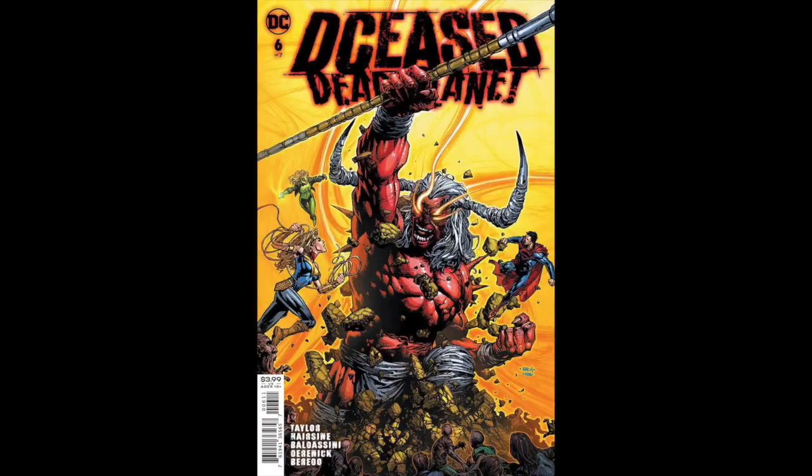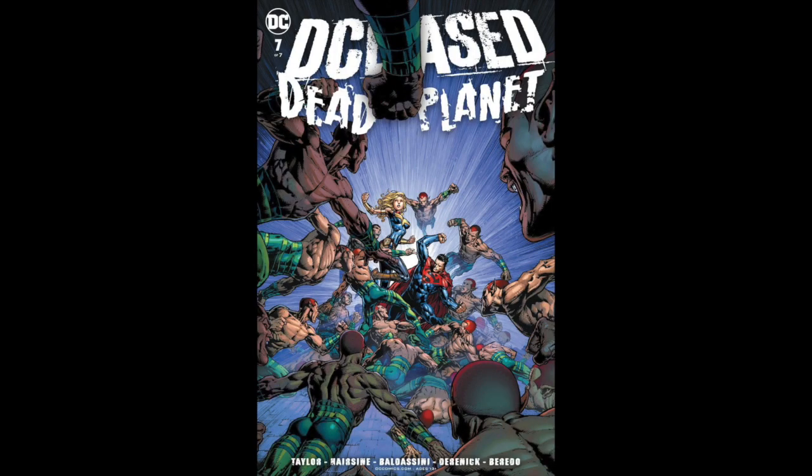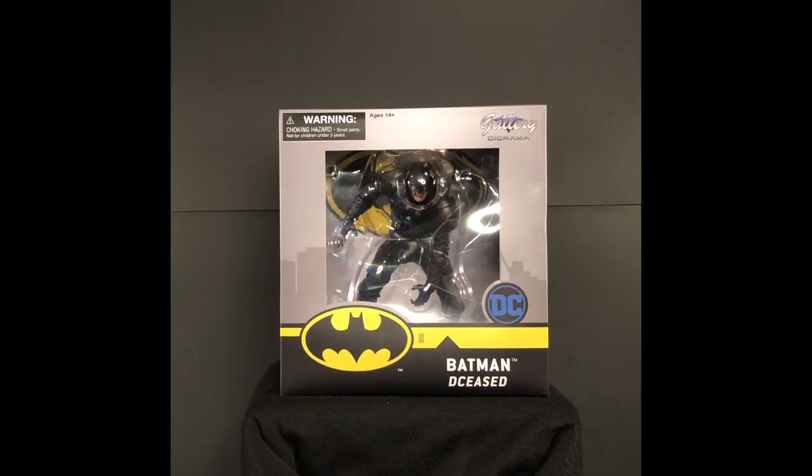There was also a blank cover for number 1, which was the D cover. Usually the blank covers only go for the first issue. They don't continue printing them. The homage covers for Dead Planet were a bit mixed up as well. Number 1 and 2 were Ben Oliver. Number 3 was Yasmin Putri. Number 4 was Lee and Hyuk. 5, 6, 7 were Ben Oliver again. So